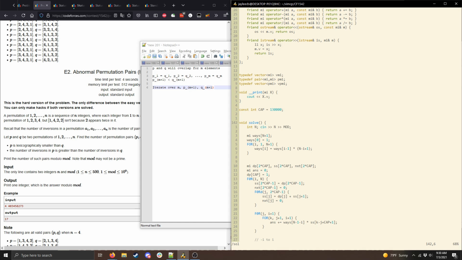But the idea is, I'm constructing the permutations backwards, and I'm counting the number of ways to create each potential difference in inversions. And so the idea is dp of cap is the number of cases where P has the same number of inversions as Q after a certain point. Cap plus 1 is the number of cases where P has one more inversion than Q after a certain point,